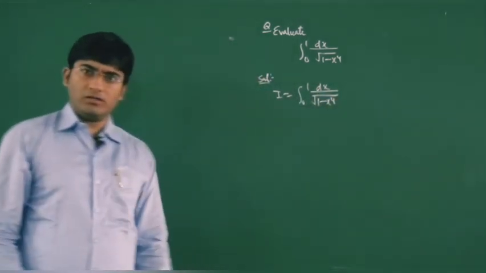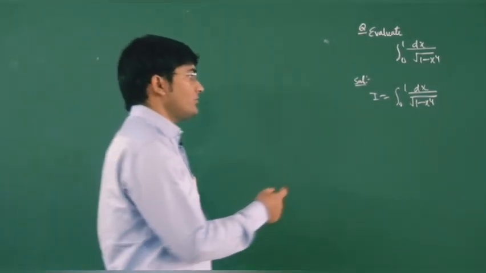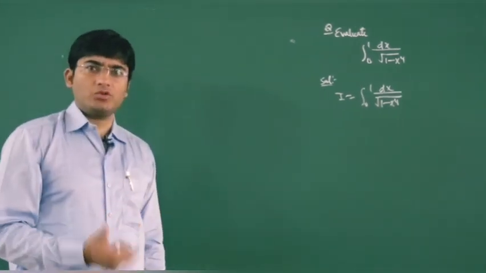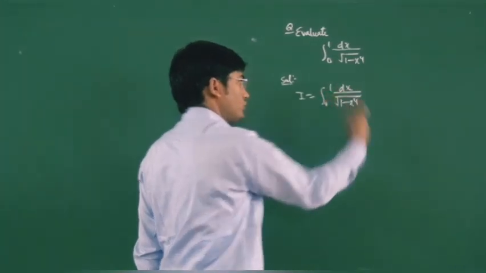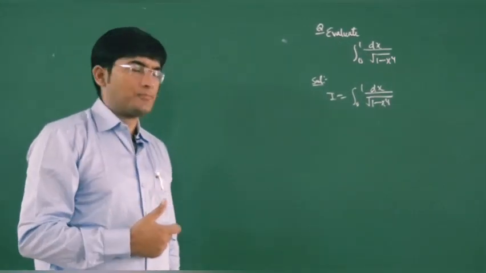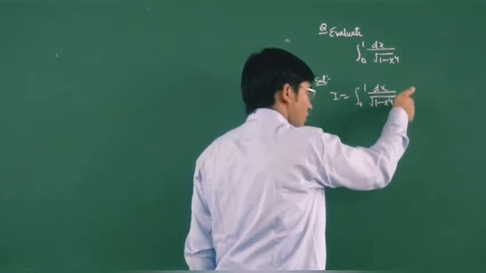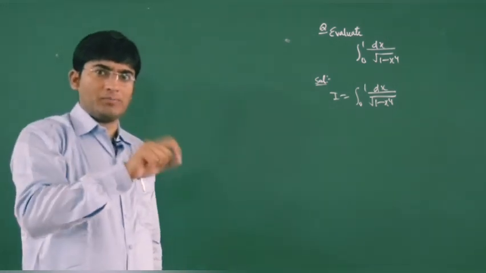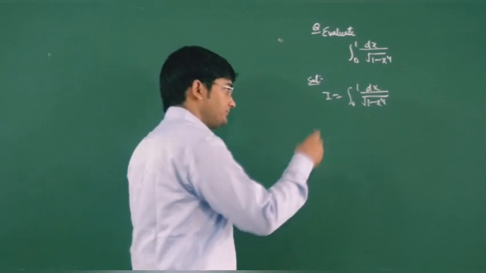Now we have two choices. Either we can put x square equal to sin theta, so that 1 minus sin square theta becomes cos square theta, and your limits will become 0 to pi by 2, and this will be of the type sin to the power p theta cos to the power q theta, and then you can use the formula. Or just use the definition of beta function. For that use x power 4 as t, so that it becomes 1 minus t, and we can use the definition of beta function in this case.